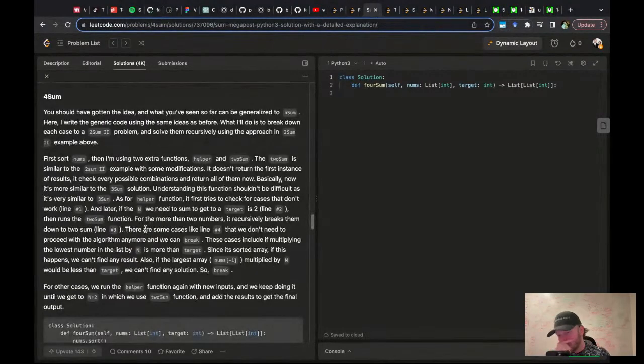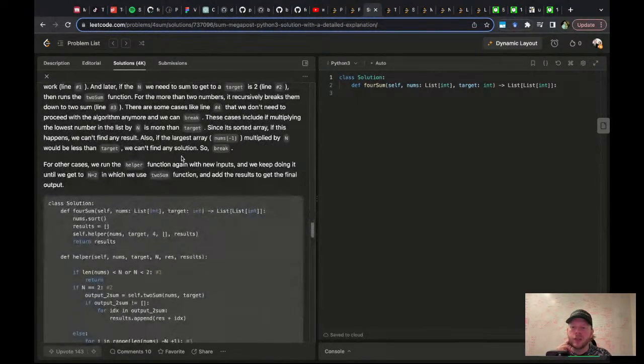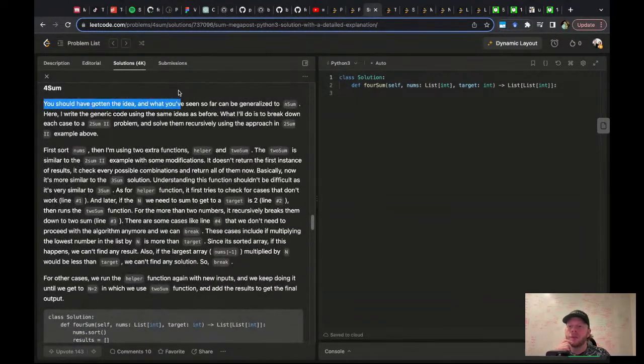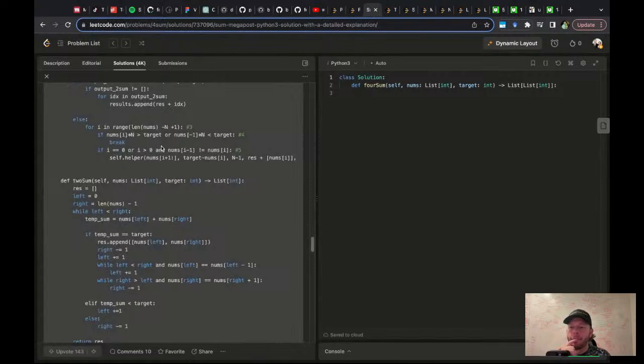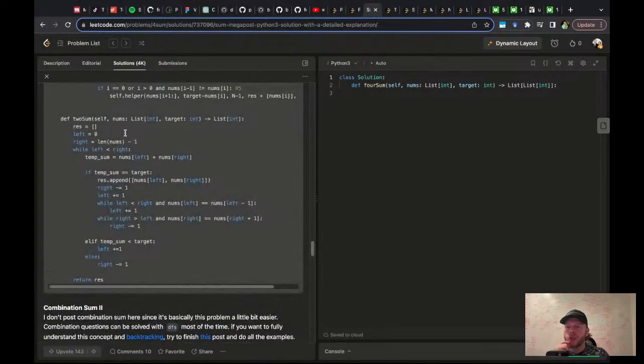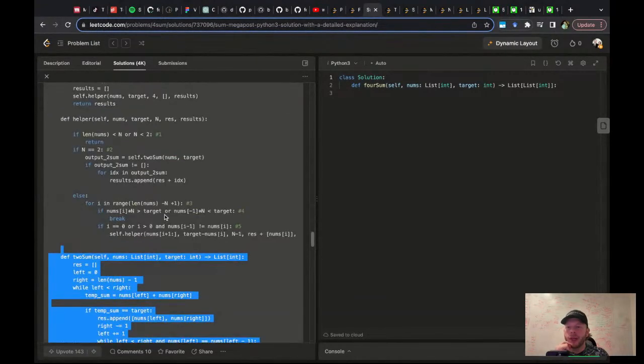And then I forget if 4 sum is just basically 3 sum with another layer, or if there's something interesting about it. Definitely need a recursive. So we literally do 2 sum and then we wrap it here.